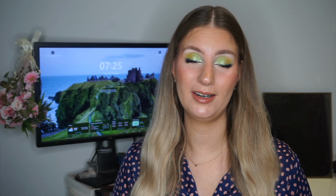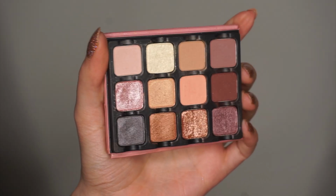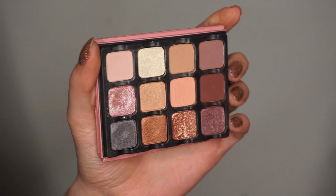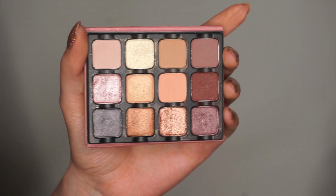I actually lied earlier. I said I had 5 palettes left, but I had 6 because this one was hiding, and even though it's small, it is kind of like a full-size eyeshadow palette. And this is the Viseart Paris Edit palette. This is a really, really stunning palette. I don't reach for this one enough, but I feel like it's also because it's so small. So similar to the quads, even though this one has 12 shades, I just kind of neglect it because I forget about it. But overall, it is a beautiful color story. It's more of a kind of